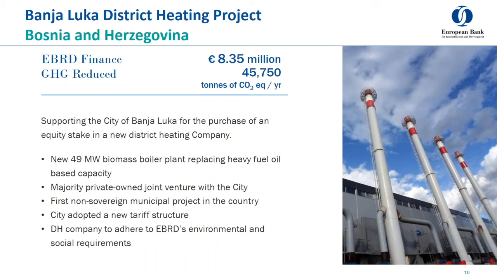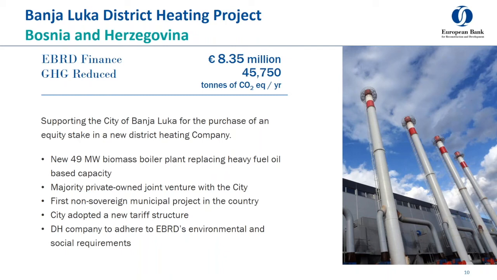So the project took place in Banja Luka, which is the second biggest city in Bosnia. And previously, Banja Luka's district heating system was almost completely based upon heavy polluting fuel oil. So air quality was a big issue as a result of this, as was the cost of oil and the financial sustainability of operations. So something needed to be done, and it was well known that sustainable biomass supplies were available in the region. So for this project, we lent €8 million to the city of Banja Luka,